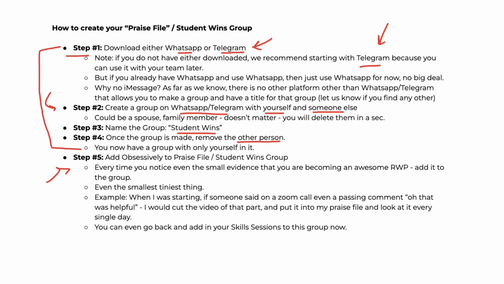And so I'm not joking when I say, hey, you can even go back and take your skill sessions and start adding them into this as well, because it's proof. Your skill sessions are recorded physical proof. The reason you put them into the group is that it's easy to access. It's just a WhatsApp or Telegram group, versus a YouTube link where you have to go to the student community and find the link. But once it's actually there, you have a physical place that says, I am actually making progress.